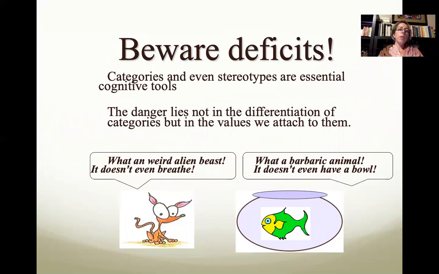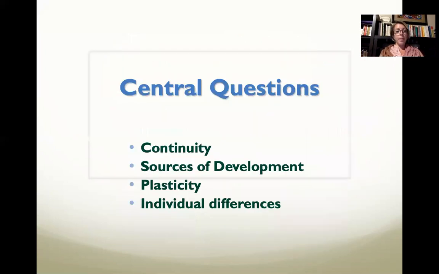So categories and stereotypes are cognitive tools. It is not a problem to say, well, it seems like most folks from this area tend to eat these plants that are growing in this area, right? That is not a problem, so long as you are open to adjusting those assumptions when new evidence comes in, and so long as we're not attaching values to those assumptions without being able to edit and correct them.